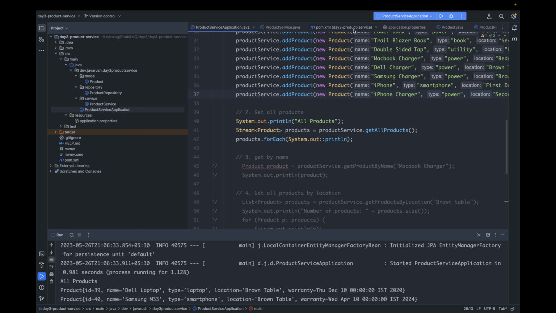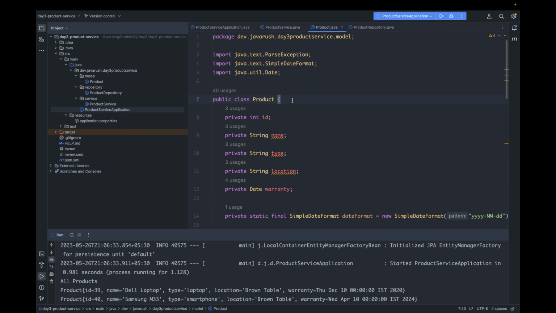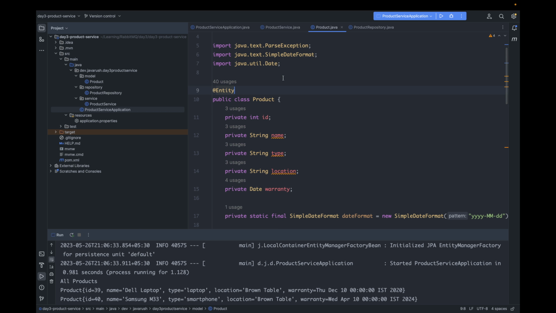For that, let's close these files. We don't need them anymore. Go to product. So here, since we are storing this product to the database, this product is an entity, and we need to tell JPA that product is an entity using the Entity annotation. Let's annotate product with Entity. Now product is an entity,